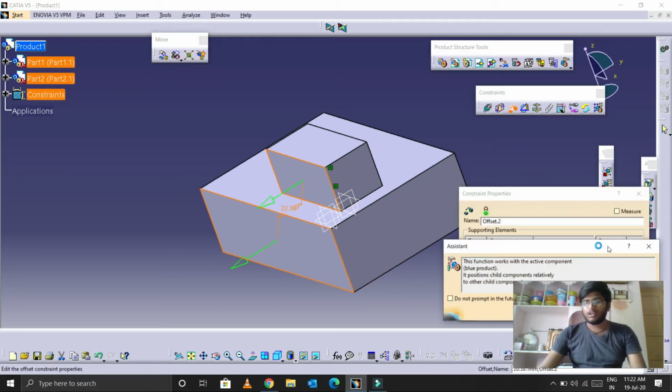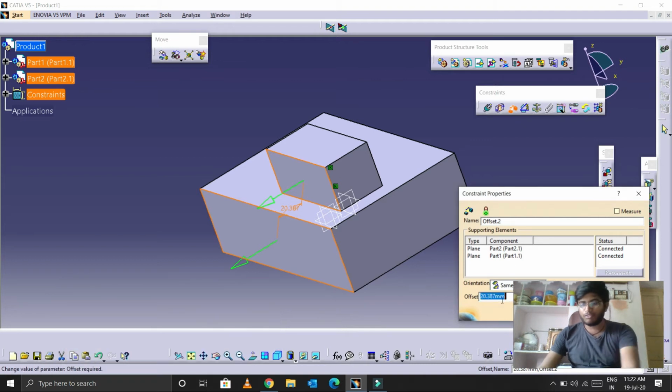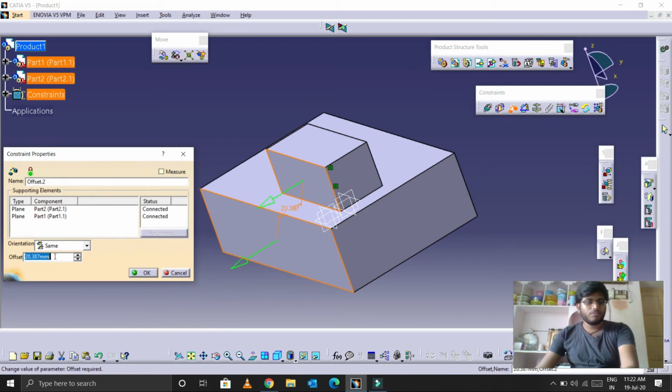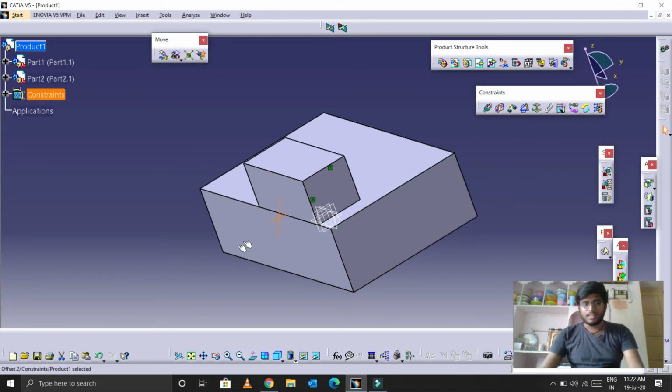and now we need to give the value. If you give the value 0, let me show you this box. Yes, if I give the value 0, then give OK, then update with Control U. Yes, the exact distance between these two surfaces is 0. It will be visible in a straight line. Now, how do I get 20 mm backward?